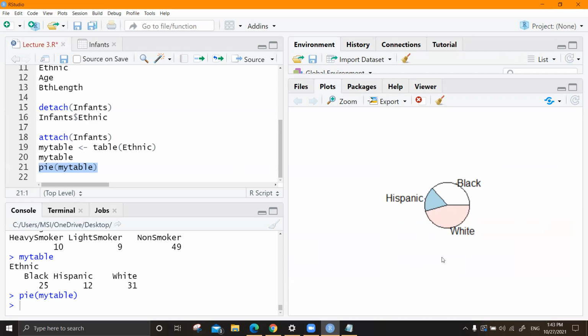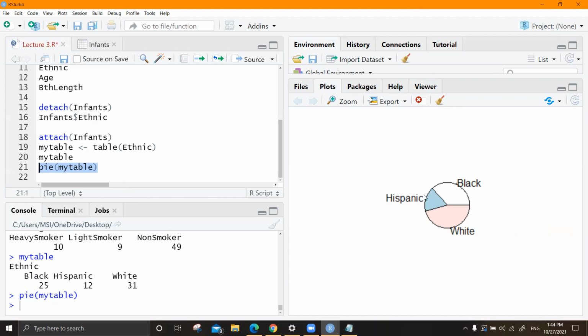And also you might have learned this in your statistics courses, when you are representing data in a chart, it is a must to have a title, right? If we have two axes, you have to label the axis. If you are using different color codes, you have to give those legends. So it should be complete. This is just a pie option that you have. So you have to give some other arguments to make this a complete chart. This is the basic one. So if at the exam you are asked to draw a pie chart, don't write this because you are not going to get full marks.